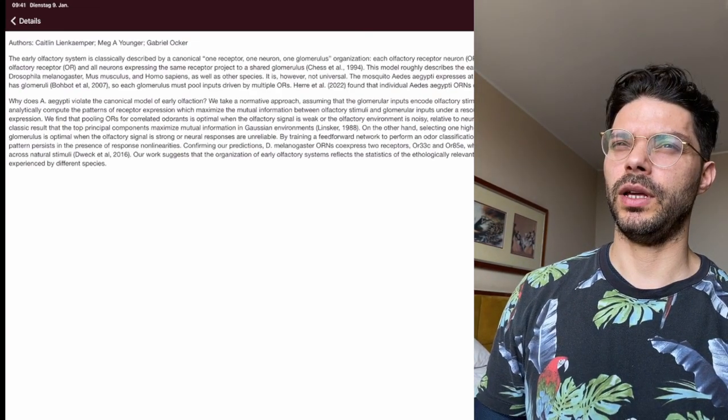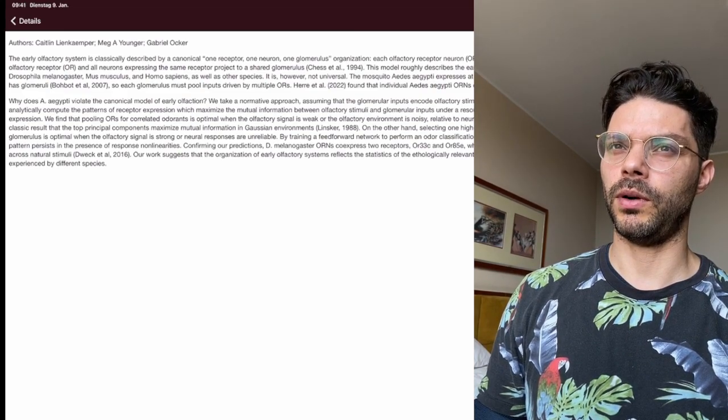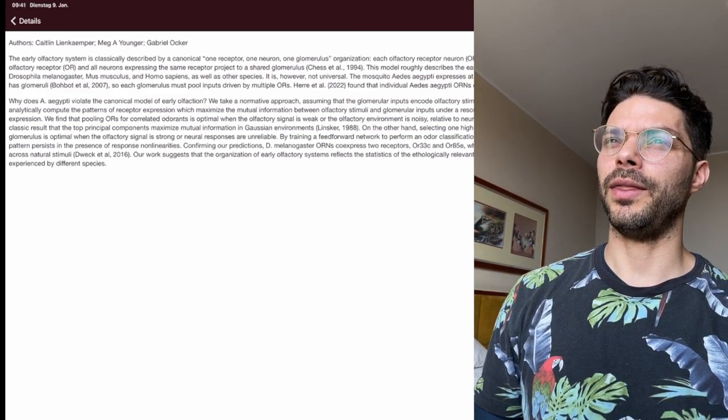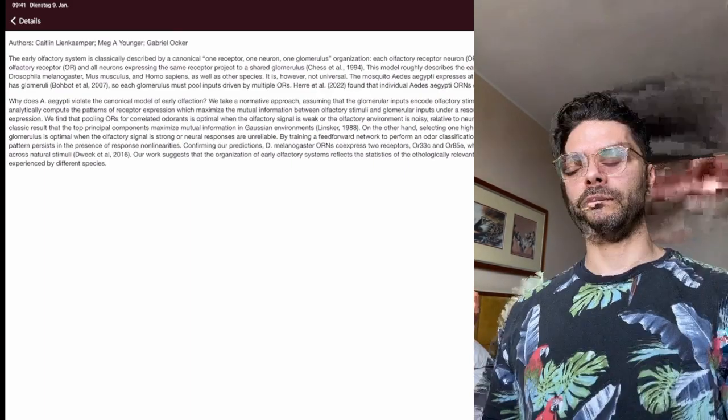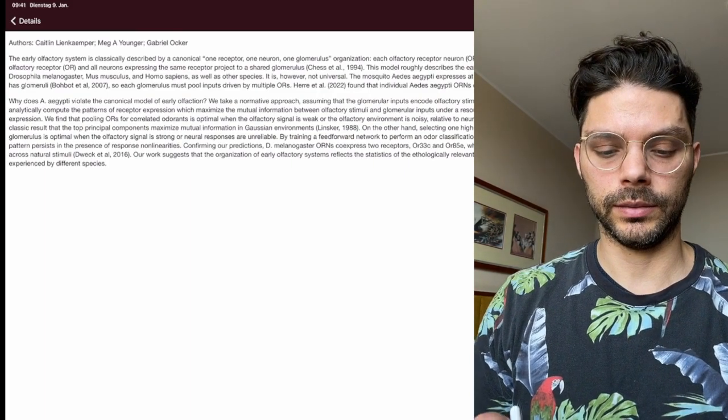Interesting. So each neuron is expressing multiple ORs, and they're going to a smaller number of glomeruli than there are different receptor types.